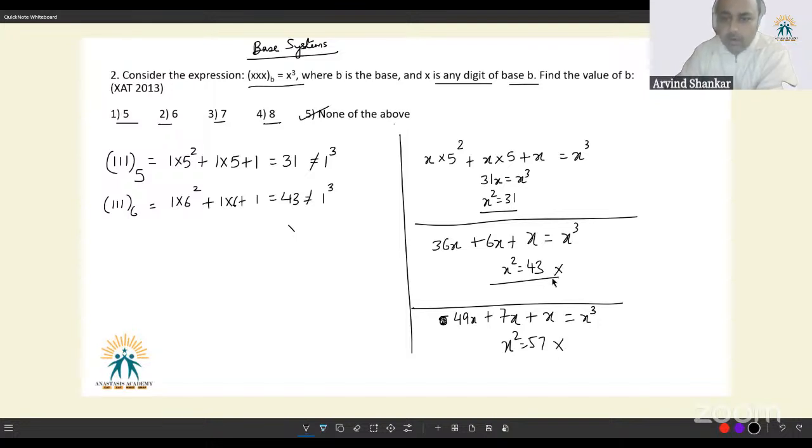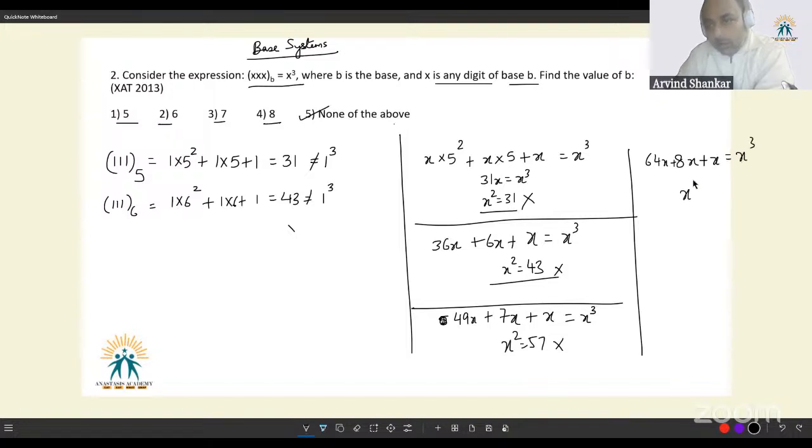Not possible. And finally, even if we were trying to plug in 8 and check, we would get 64x plus 8x plus x, which is equal to x cube, or x square is equal to 73, which is not possible. If all the options have been rendered impossible, then we have to go ahead and mark none of the above